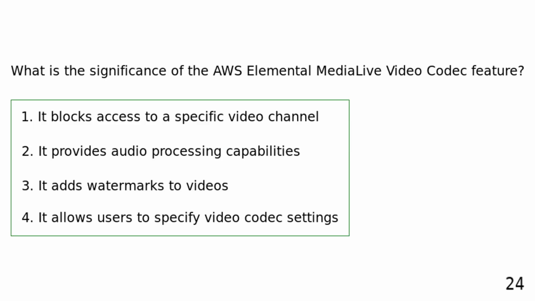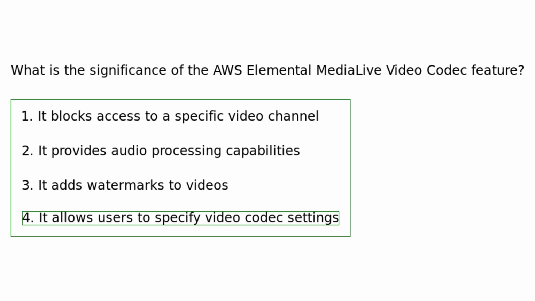What is the significance of the AWS Elemental MediaLive video codec feature? It blocks access to a specific video channel. It provides audio processing capabilities. It adds watermarks to videos. It allows users to specify video codec settings. The AWS Elemental MediaLive video codec feature allows users to specify video codec settings for live video streams, ensuring compatibility